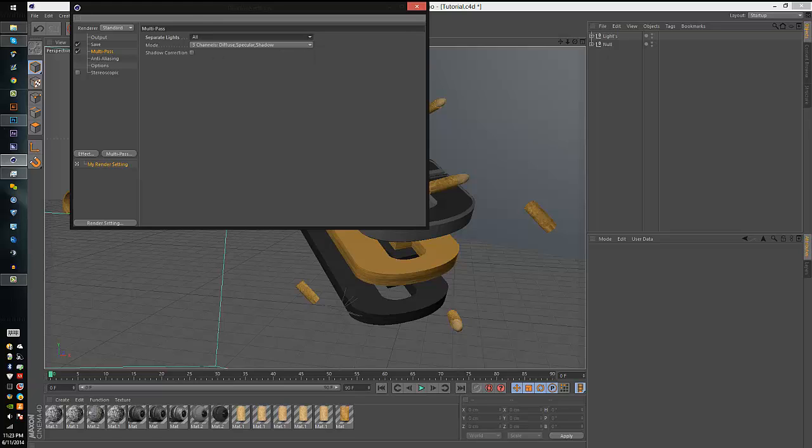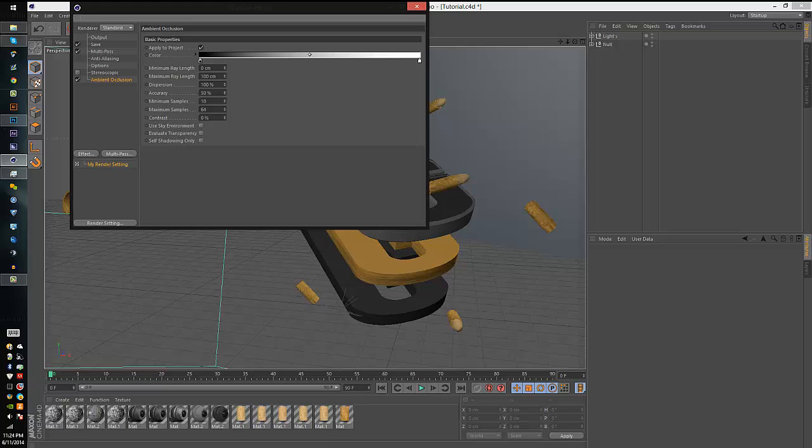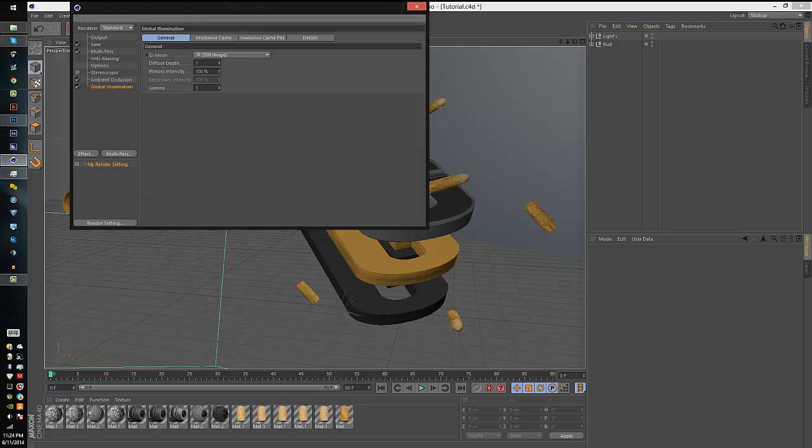Multipass, I would use it. Well, you don't have to. It really depends on the Lightroom. I'd use what your Lightroom is designed for. Mine is designed for multipass. Anti-aliasing, I put it on best, 2x2, and then 4x4. Everything else, just don't touch it. Optional stereoscopic, just don't touch those things really unless you know how to use it. Ambient occlusion, pretty much just keep it the same. Global illumination, the only thing I'm going to suggest to change is to go to the GI mode and then click IR plus GMC, still image. Alright,